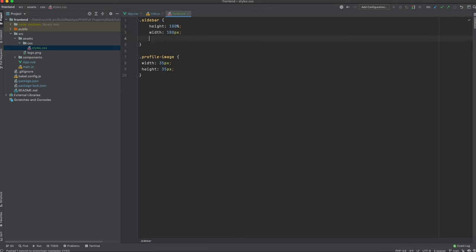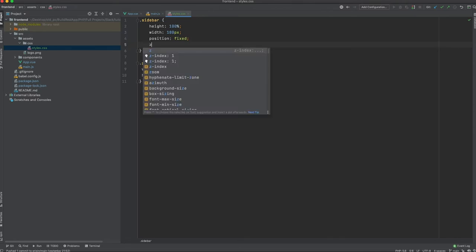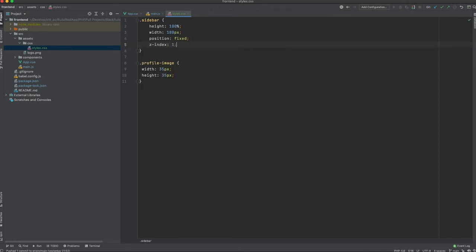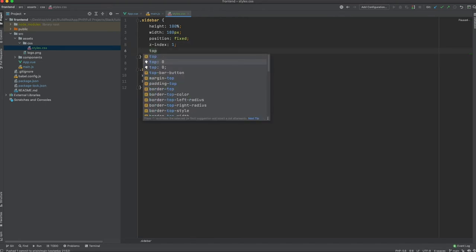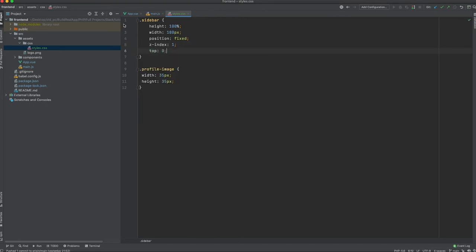I will give it position fixed, so it will stay at the same place on scroll, and I will give it priority with z-index, so nothing will be above it. From the top I need 0, and from the left as well I need 0. After this, we're going to make the background